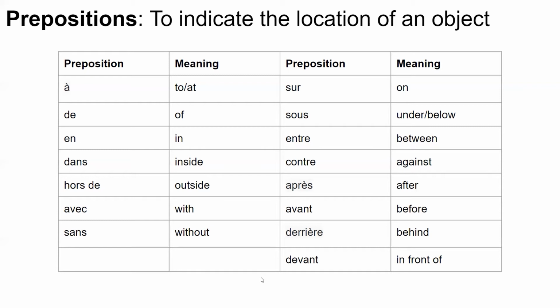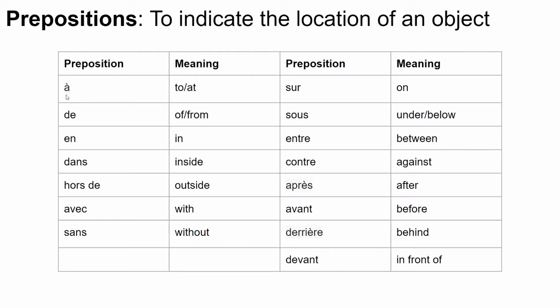For example, when we say the cat is sleeping under the table, the word under helps us understand where exactly the cat is sleeping. On the screen here, we have a list of prepositions in French against their meanings in English so that it's simpler for you to recognize and memorize them. Let's go over them one by one,